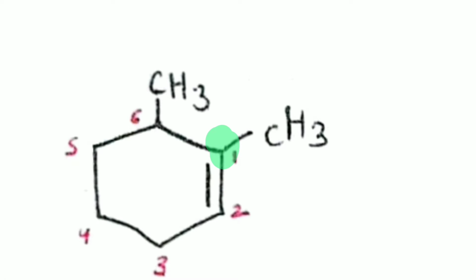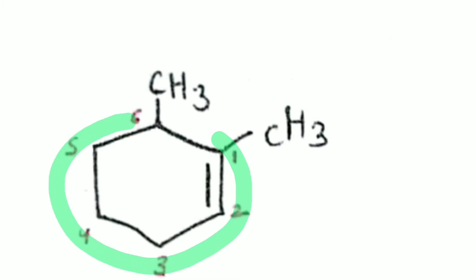So 1, 2 and 3 versus 1, 1 and 6: the first point of difference when we are numbering from the anti-clockwise and clockwise sense is at this very carbon, which from the anti-clockwise sense is giving us number 2 locant and from the clockwise sense is giving us number 1 locant. So since number 1 locant is a lower locant, according to the lowest set of locant rule, we'll start our numbering in the clockwise direction, and that's how we're going to number this compound.